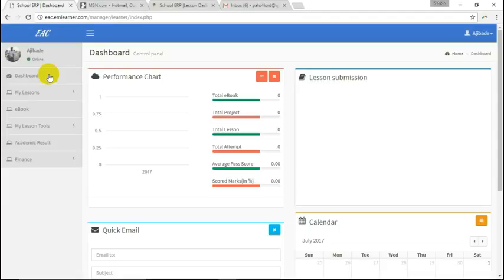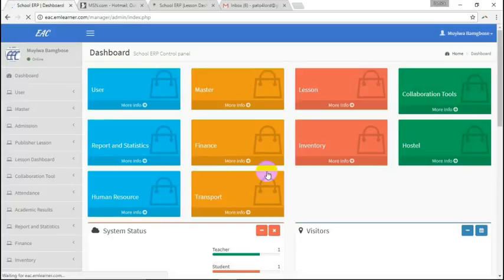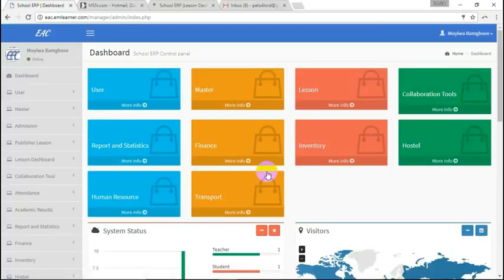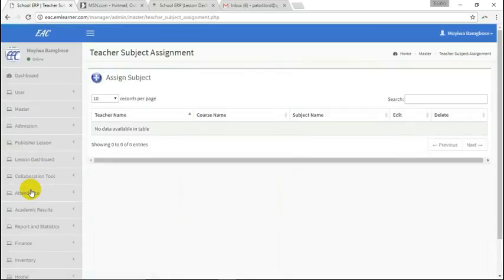Okay, so let's look at what I'm going to do. Let's assign a subject to a teacher, okay? And then let's see how a student can inherit that subject from that teacher. Please watch my screen. Okay, so let's go and assign the subject for the teacher, which has been created. This is the teacher, and that is the student. And so we go to master, then subject assignment. Please take a note of this seriously. You will be training.